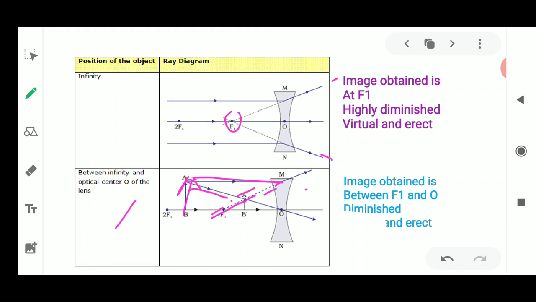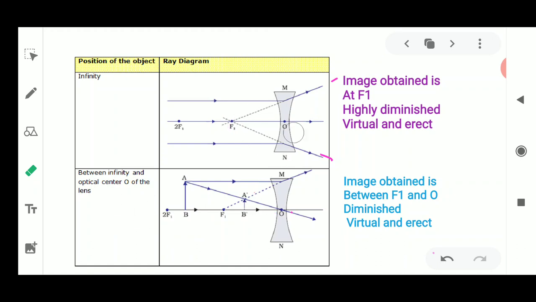Next, the second rule says that whenever the ray of light is passing through the optical center, it is going to pass through the lens without deviation, so it is not going to show any kind of refraction. When we meet these points, there will be a cross at these points, so we see that the intersection of these lines is present here, and we can obtain a small diminished image. We can see the small image which is present in between the focus and the optical center, that is F1.